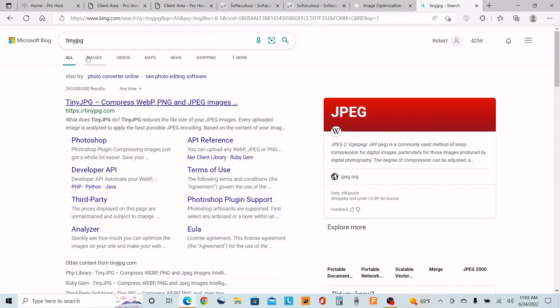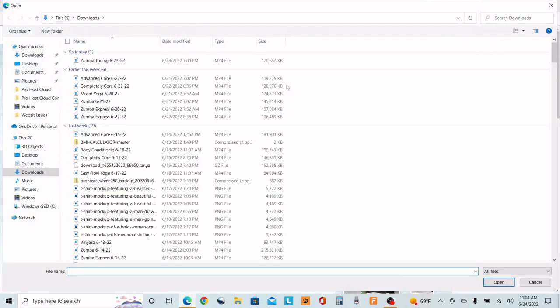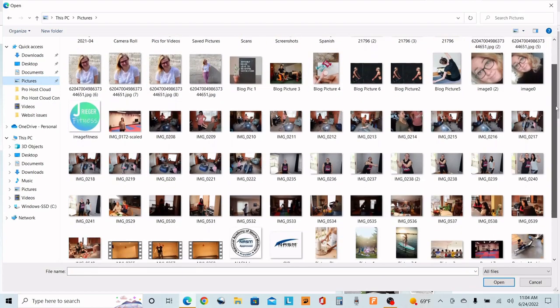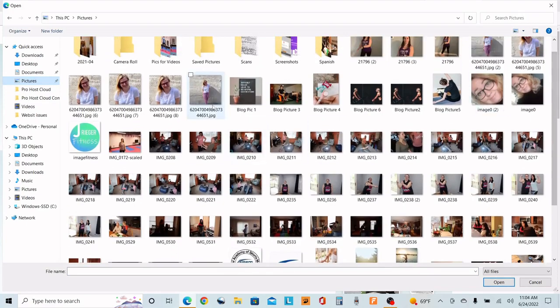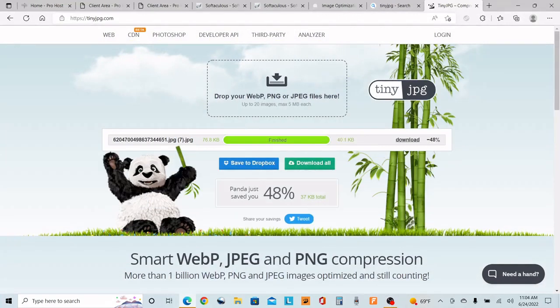All right, so you're going to go into TinyJPEG, and all you do to optimize a picture before you upload it to your website is just go in here, and it's on your computer. You can take any picture you want. Let's take a picture. These are like my employees for my fitness business. We got multiple pics of them. Let's just steal this one here, and it's compressed and it's finished,